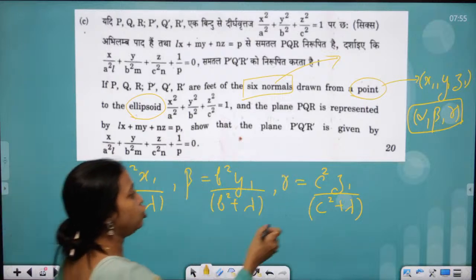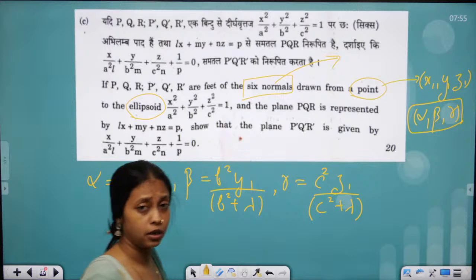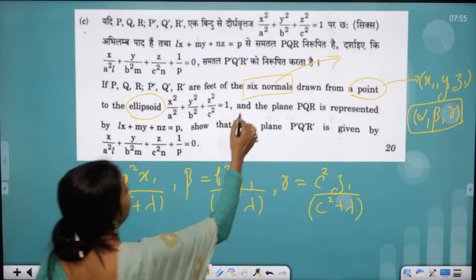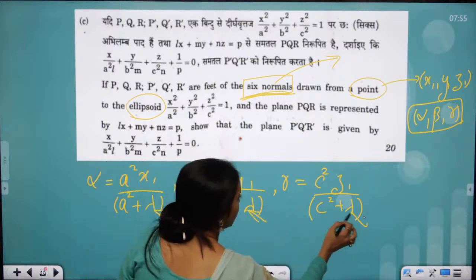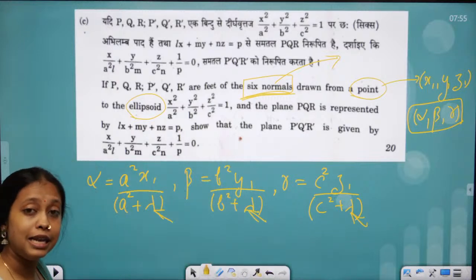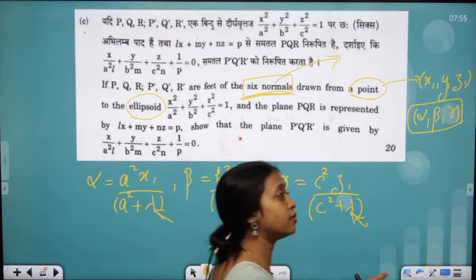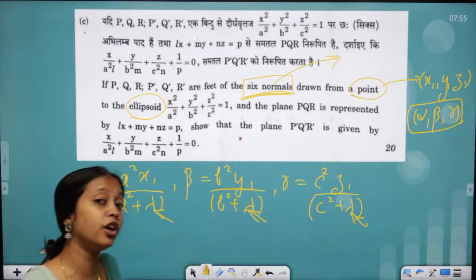But again you want 6 values of alpha, beta, gamma, right? You want 6 normals. So that depends upon the lambda. Lambda, you have to work on 6 values of lambda basically,